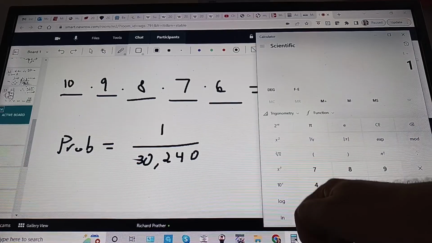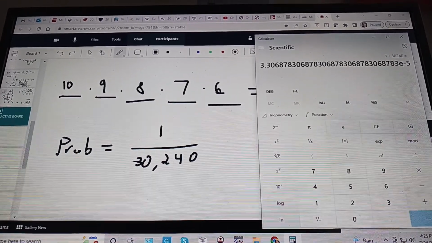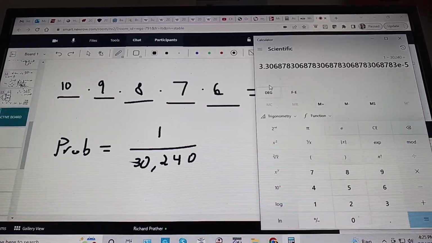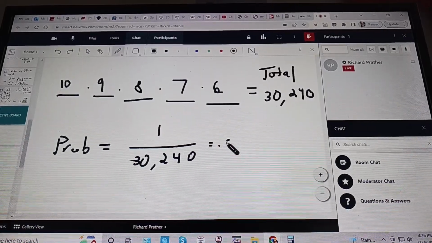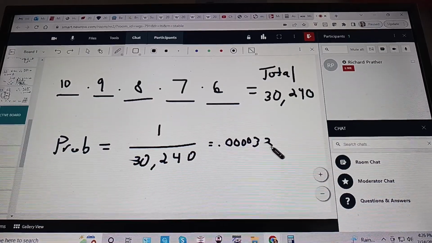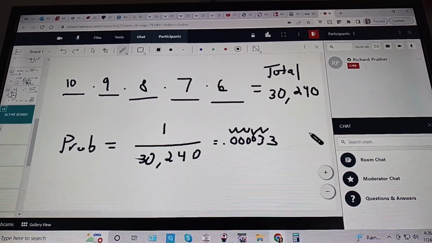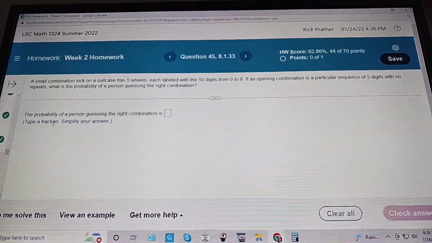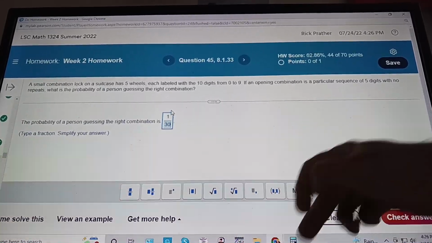1 divided by 30,240 is in scientific notation. It's so small. So it's actually 0.000033 and so on. It would have 4 zeros before you got to the 33 part. This is tens, hundreds, thousands, 10,000. There's a 3 in 100,000 chance they would guess it. Type of fraction. Okay, they don't want a decimal because it's messy. 1 over